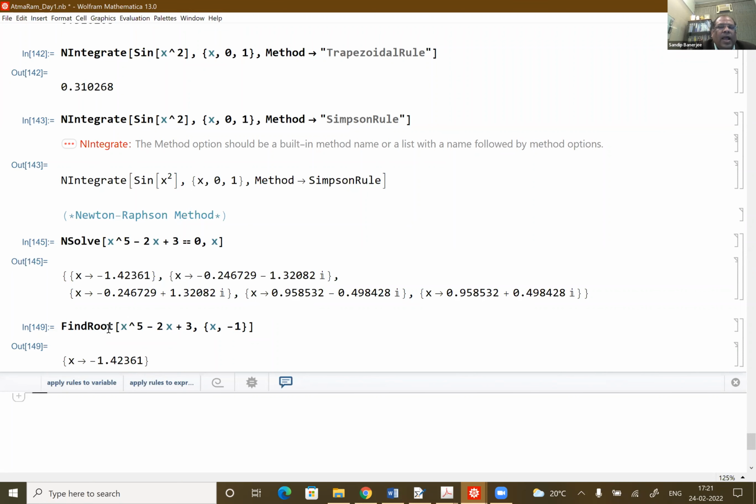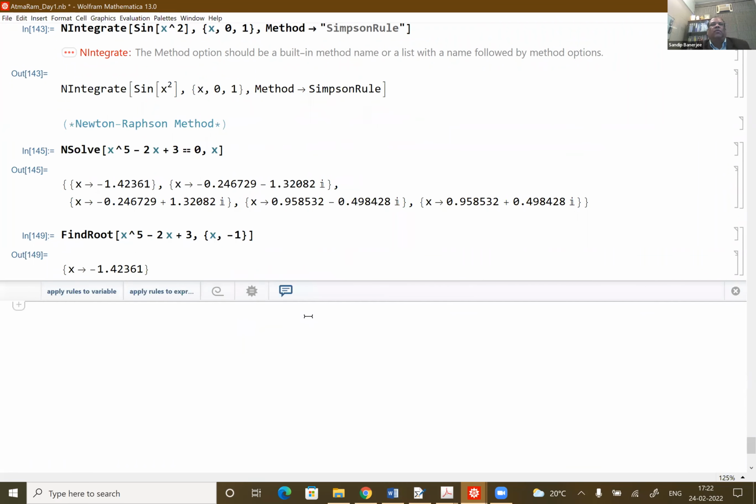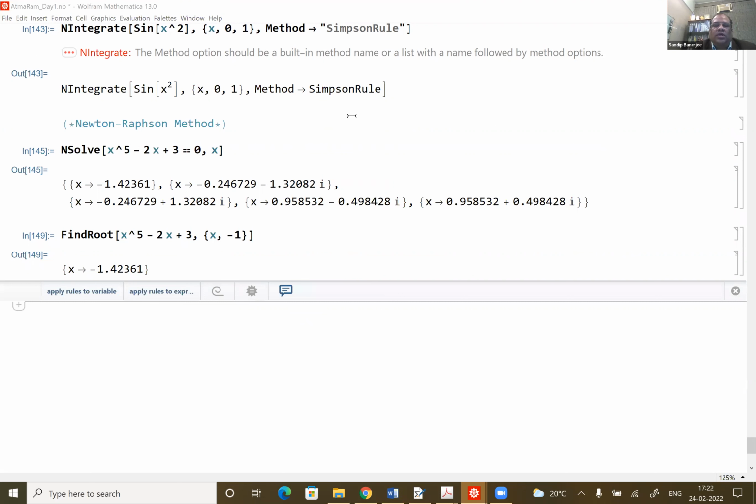So FindRoot will be handy for you while you use your numerical methods, where you need an initial value. And NSolve is something where you get all the roots and you are sure of your answer. But if you actually want to use Mathematica for numerical methods,